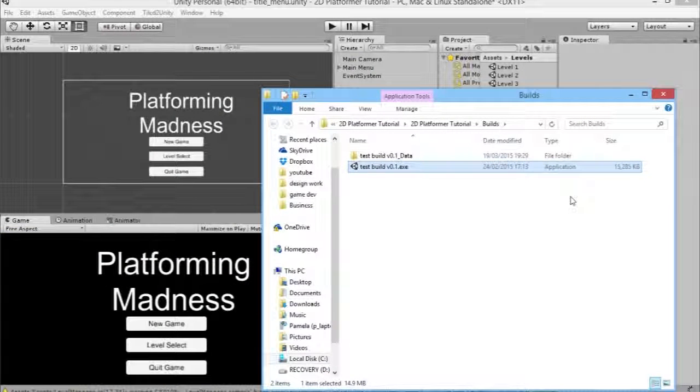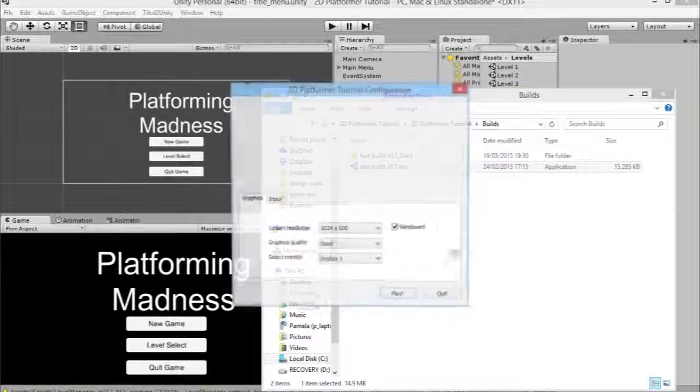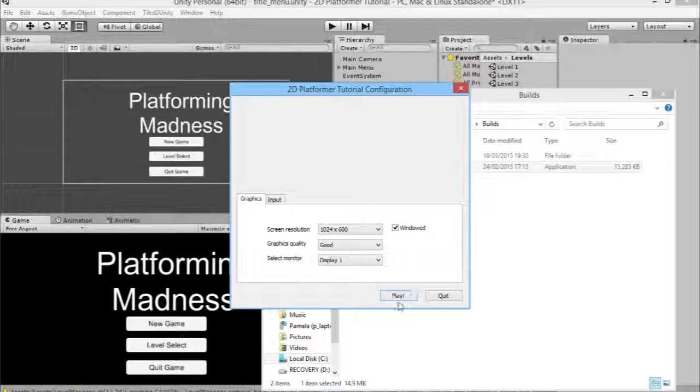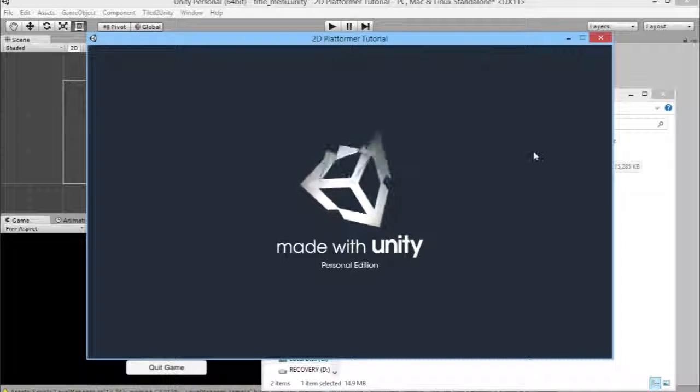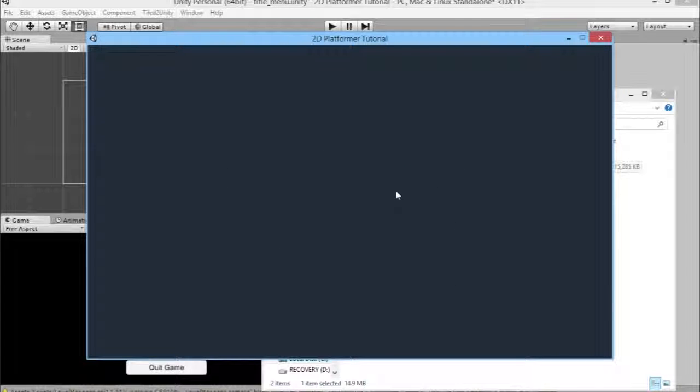Okay, so once it's finished building, it should automatically open the folder that you put the build into. And if it doesn't, you can just navigate to where your project is. So we'll just open this guy up here. You should get a little dialogue box here now for us to adjust the settings that we're running the game at and things like that. So we'll leave it windowed and slightly smaller. You get this little flash screen of Made with Unity. And then once the game starts up,